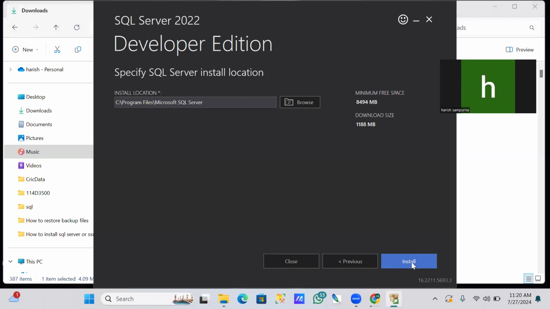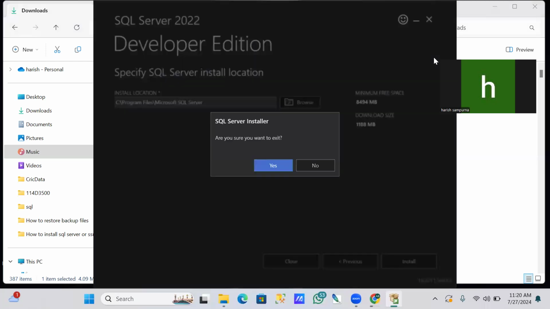Guys, you already installed on our machine. I don't install in my machine again. Please install here. You continue that process. Okay. I will close this one. Once you complete this SQL Server 2022 Developer edition, again you have to go to